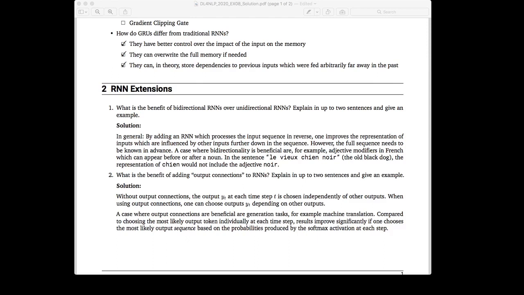Okay, let's have a look at exercise 2. What's the benefit of the bidirectional RNN over the unidirectional RNN? Let's recall GPT and BERT, where we said GPT is a unidirectional generative model, whereas BERT is a bidirectional model. The difference between them is